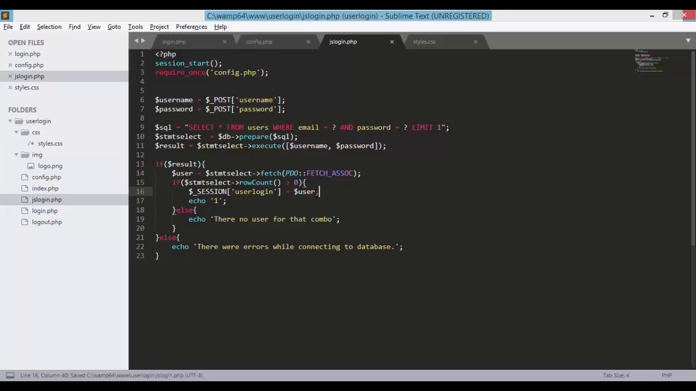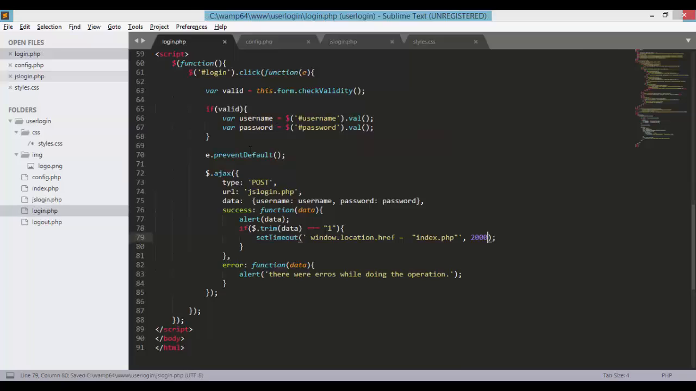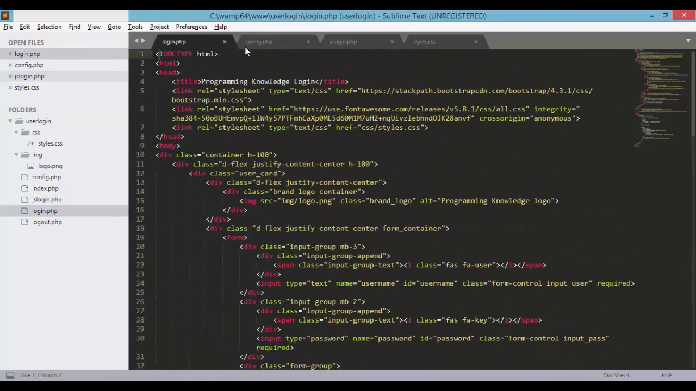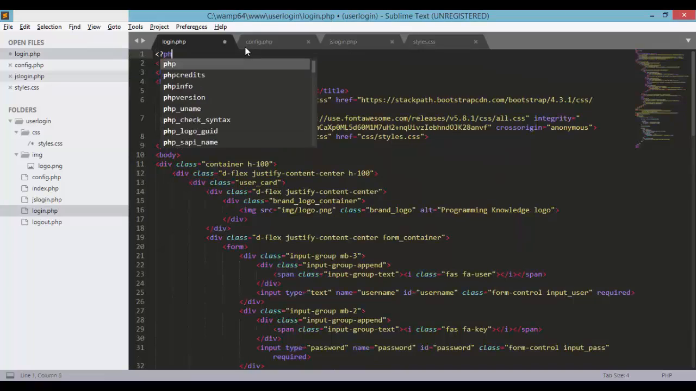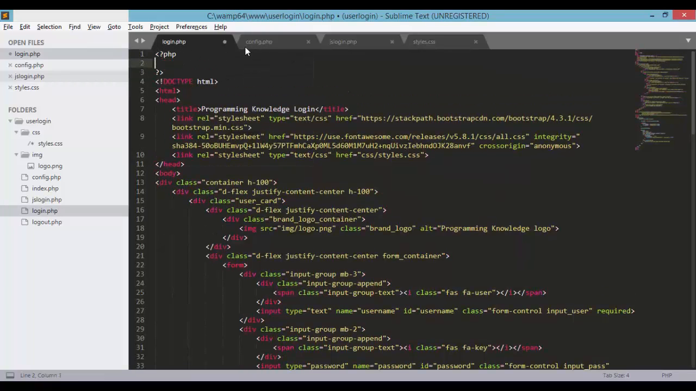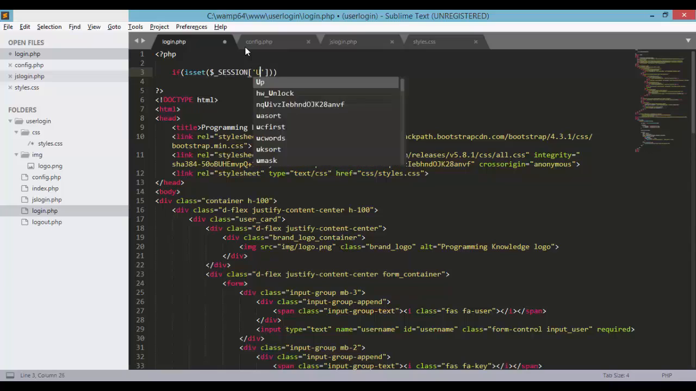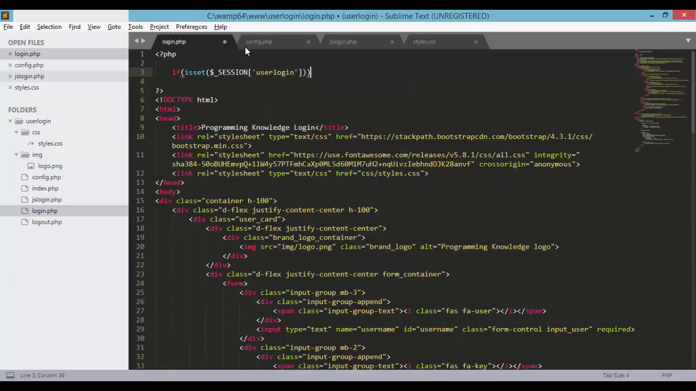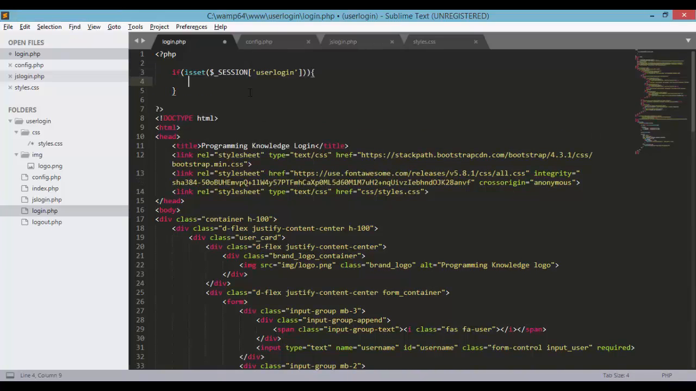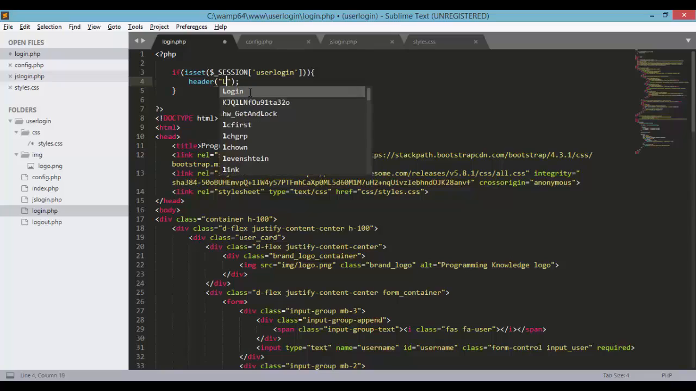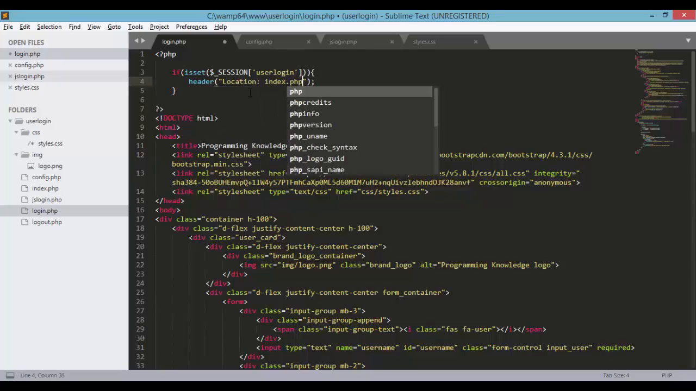So save this, and inside the login.php we need to check at the top. So let's open up the PHP here and close, and let's check if the session user login is set, and add header with location index.php. Save,